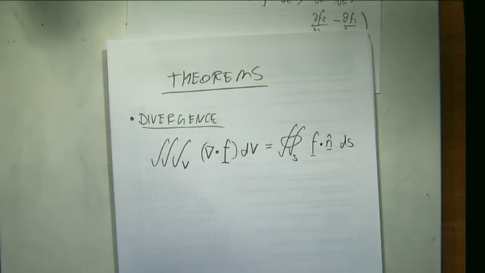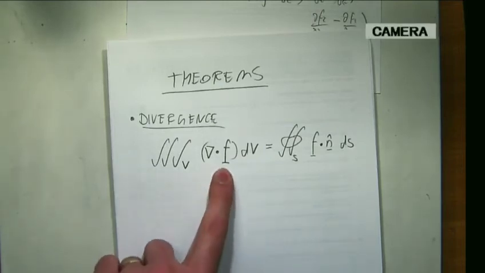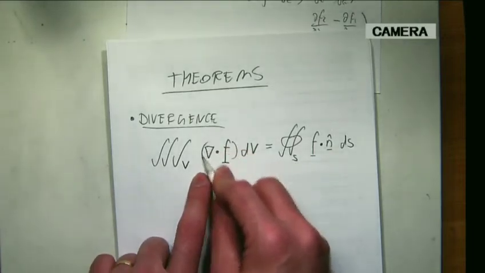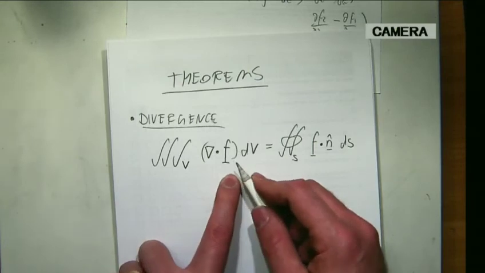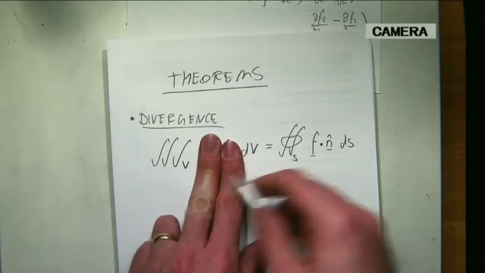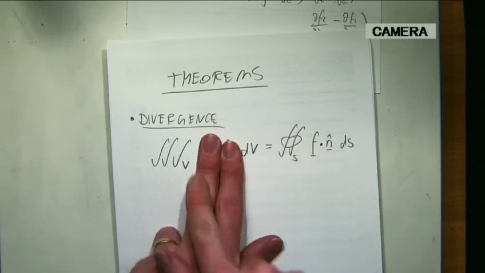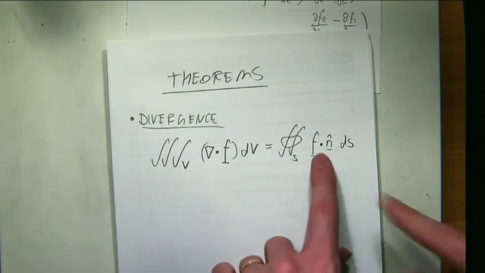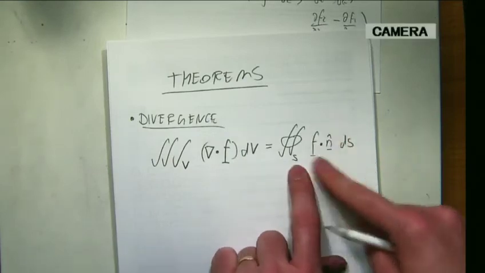Which is the same as, so this is a volume integral. This is the divergence of a vector field, which is a scalar field in its own right. So this is a scalar here, and we know how to do integrals of scalars. And this is also a scalar field,